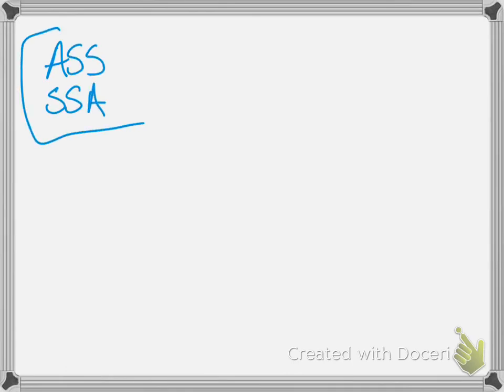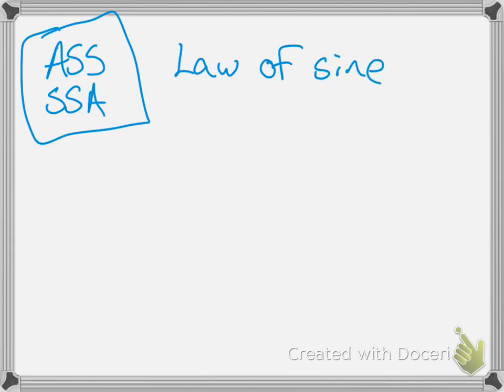Okay, today we had a little bit of a hard time with our angle-side-side or side-side-angle triangles. Remember, anytime we have those, we have to use the law of sines. Okay, and anytime we have angle-side-side or side-side-angle, there's a possibility of one triangle, and that's